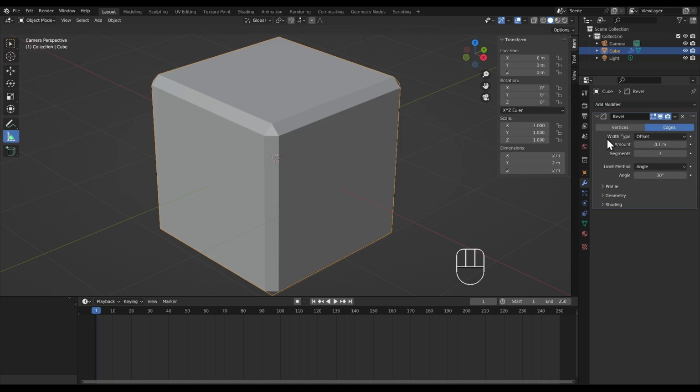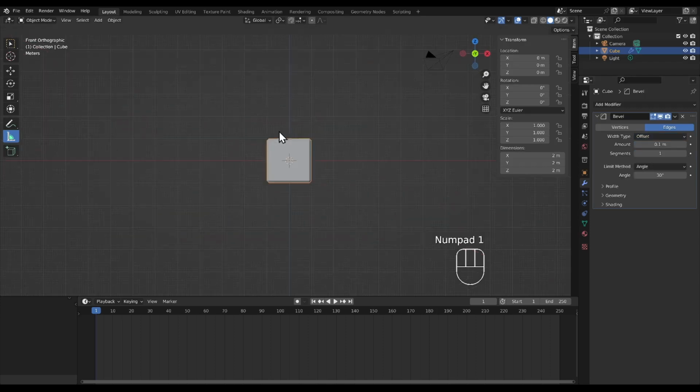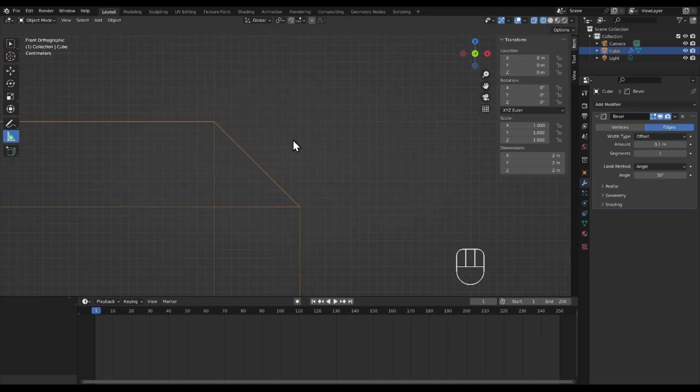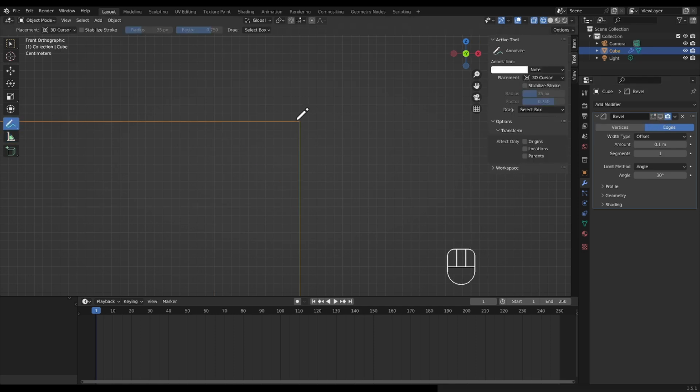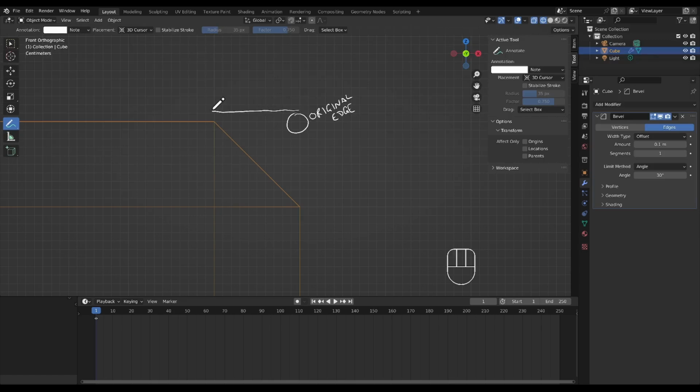There are several options for width type, and each calculates the bevel a little differently. To get a clear idea of how each type functions, let's toggle into wireframe mode and disable the modifier in viewport shading. We'll mark out where the original edge exists. Now, when we re-enable the modifier for viewport rendering, we can see in front view how the bevel has been